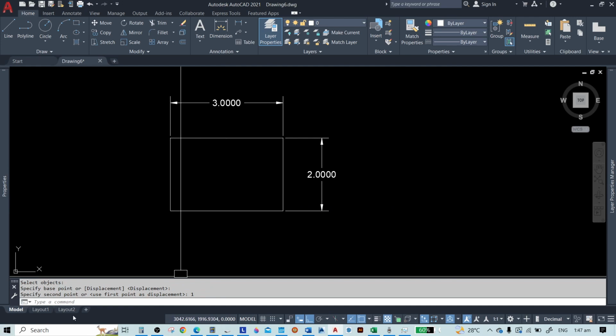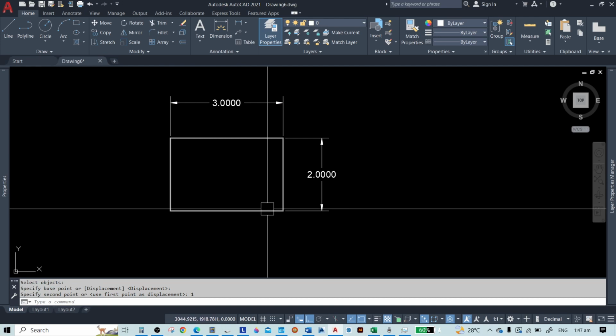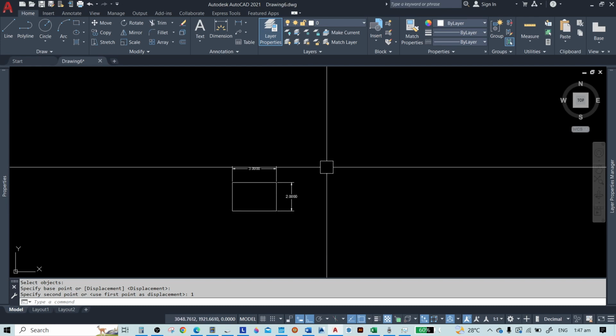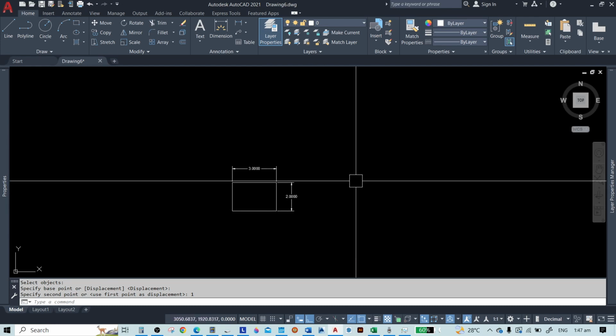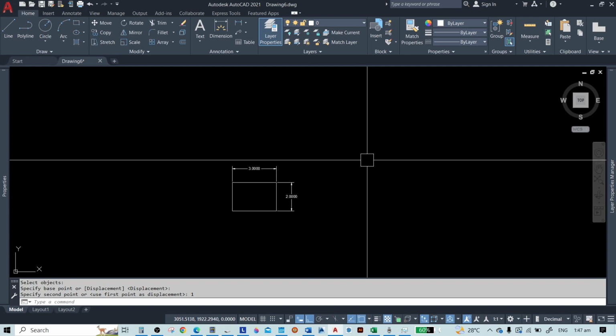Okay, so before that, just to let you know, there are several ways on how to scale drawings here on AutoCAD. There are some who are just printing here in the model. Now what they did is that they are doing a